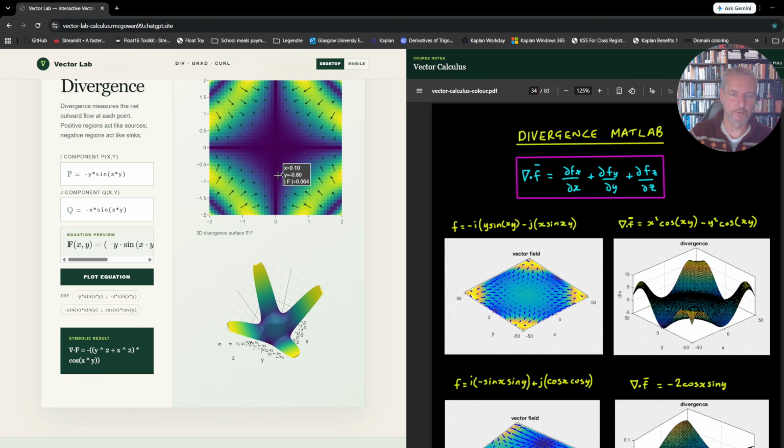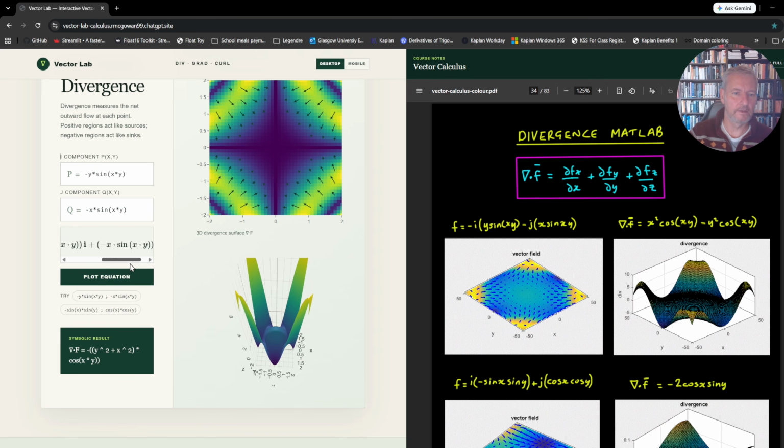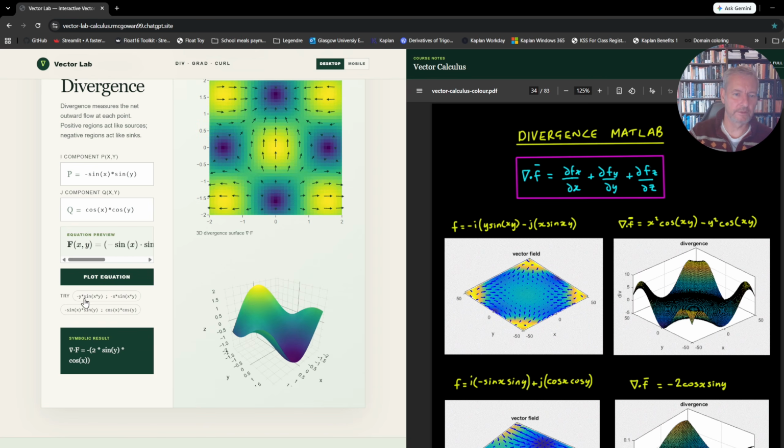Okay, you can't actually adjust this one here, but you can zoom in and out in this one, but you can adjust this here. And again, you can go in and put your own equations in and write them in here. In the P section and the Q section, this is the I component, and this is the J component. Then you can plot the equation